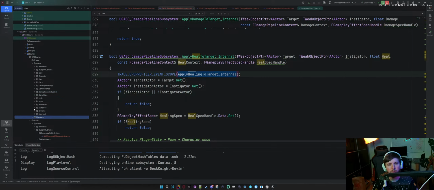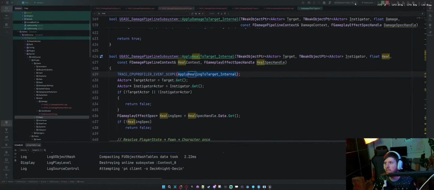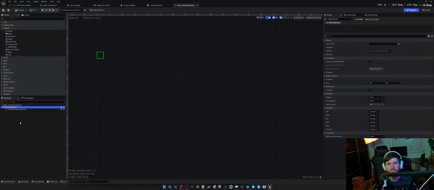There's viewport, but then there should be a HUD damage, right? Okay, so we could just steal some of the information here. So let's grab a little bit of detail. We need a canvas panel, and then we need a Niagara system widget.